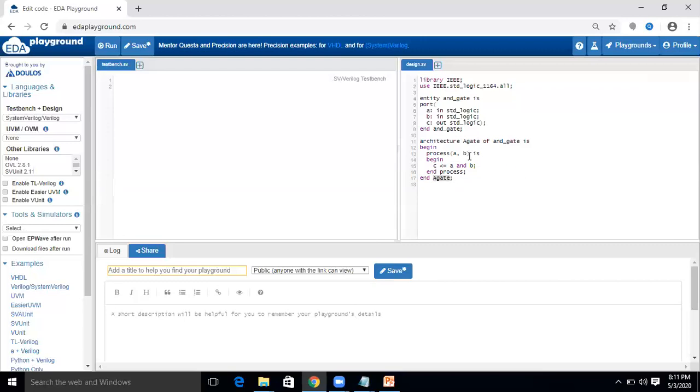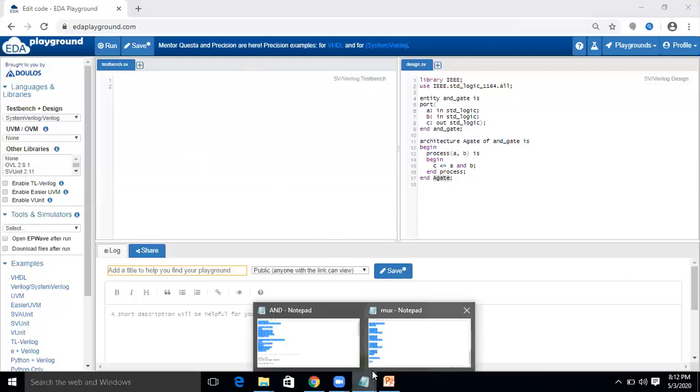So this is your design code in which first we define the entity. Inside the entity we declare inputs and output, then we define the architecture for that entity in which we use expressions for the output. Now to check the functionality of this design, we use a test bench.